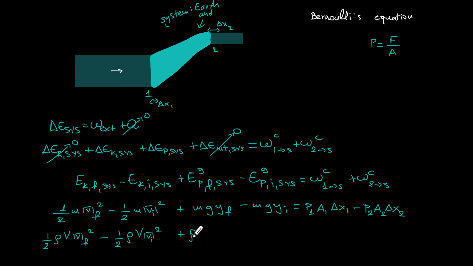I will do the same thing for the potential energy: density volume g y final minus the density volume g y initial,